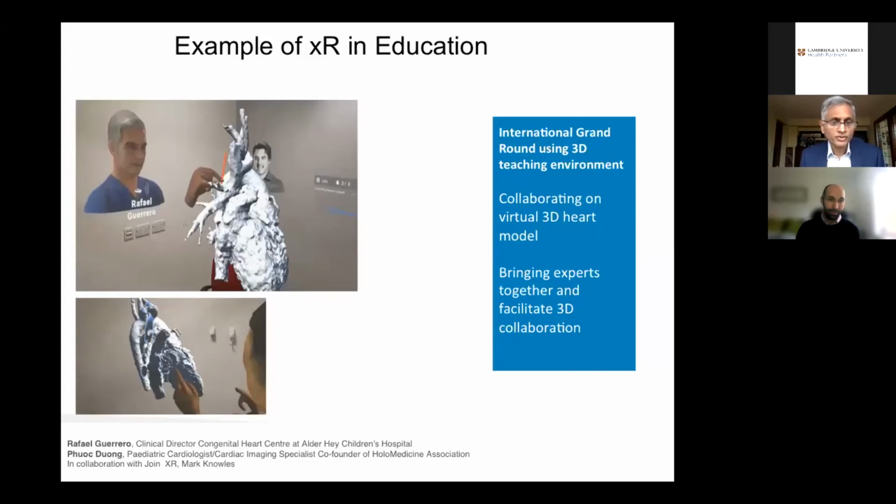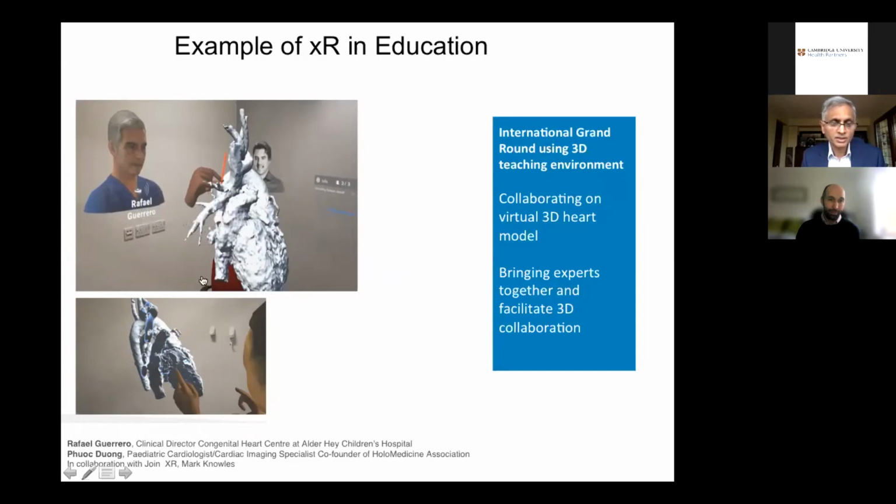It also allows, because of the 3D abilities and allowing the 3D imaging to be universally seen, various different aspects of clinical practice as well. So this is an example of the pediatric heart. CT scans have been reconstructed of this heart, and there is a plan to do surgery on this heart. And because the 3D image is available and you can see it in different slices and different aspects,